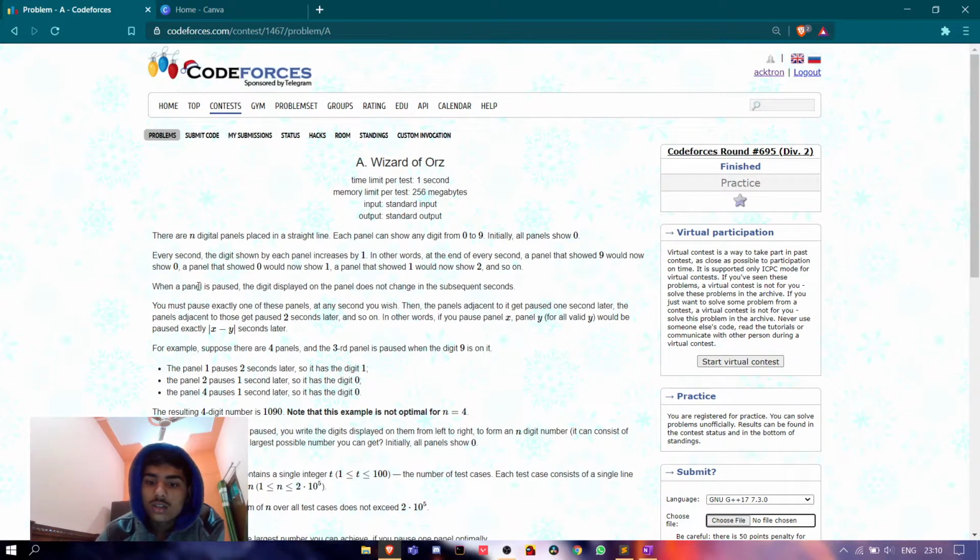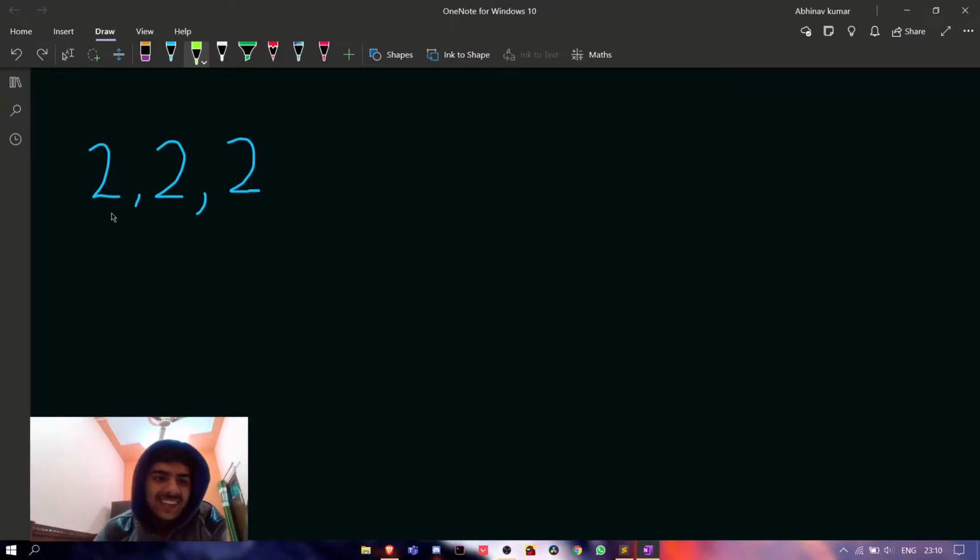Let me tell you in a more familiar way. Suppose these three are panels and we stop them after 2 seconds. For instance, suppose we stop the first panel. After stopping this panel, this panel will stop at 2.